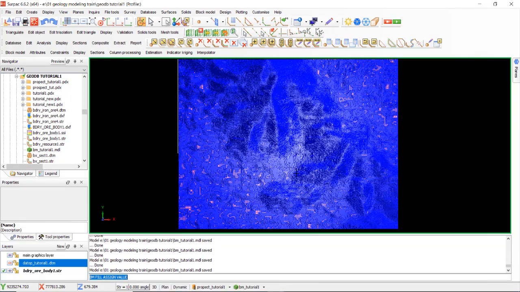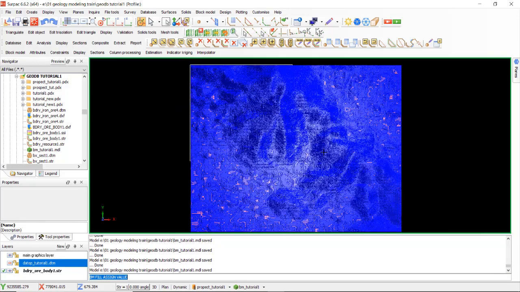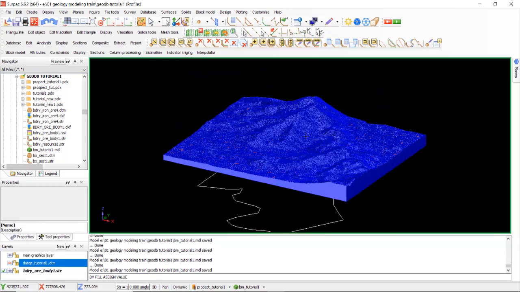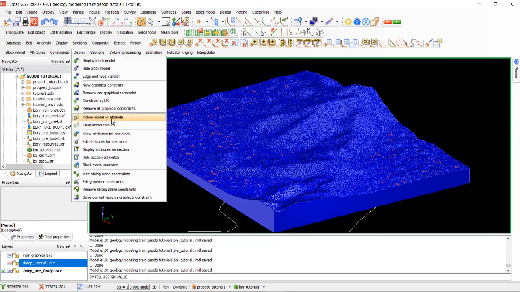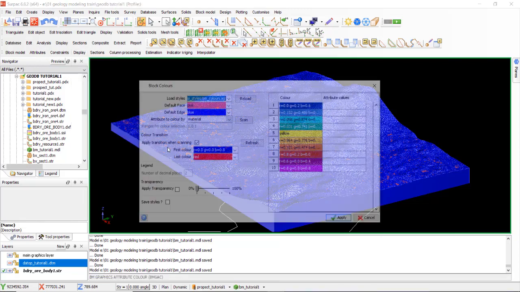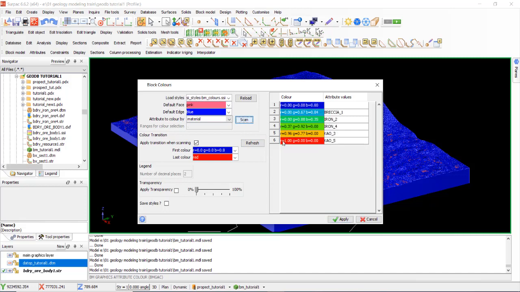Yes, clear. So we try to color this block model by lithology color. Display color model by attribute. Okay, material, select material, and then scan. Okay, we have 1, 2, 4, 3, 5.